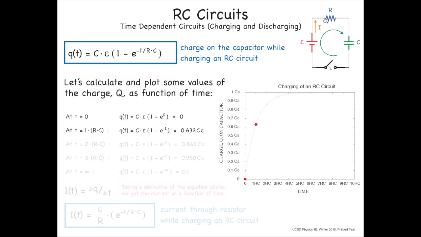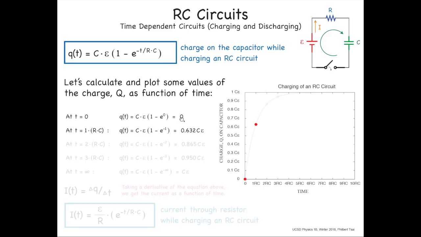After a long time, when charge is finished running, we expect that the voltage across the capacitor will be equal to the voltage across the EMF. So using Q equals VC, the total charge would be V of EMF times C. This is the maximum charge that we'll have at some infinite time. And of course, at t equals 0, the instant we close the switch, there is 0 charge on this capacitor,